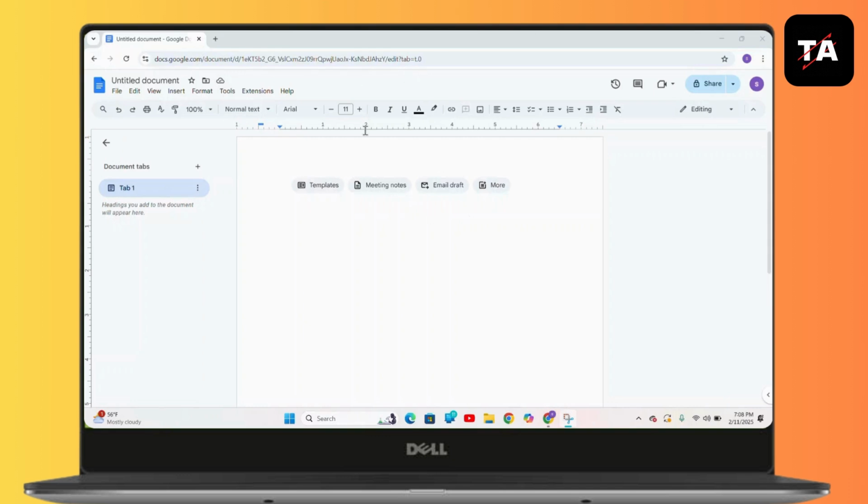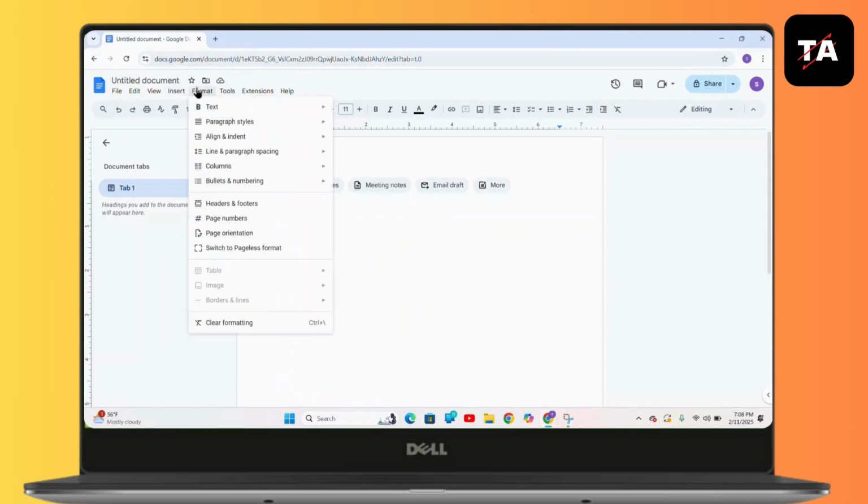So first, open your docs or your Word. If you are using Word, the process is still the same. Now, in order to adjust your border spacing, what you will have to do is